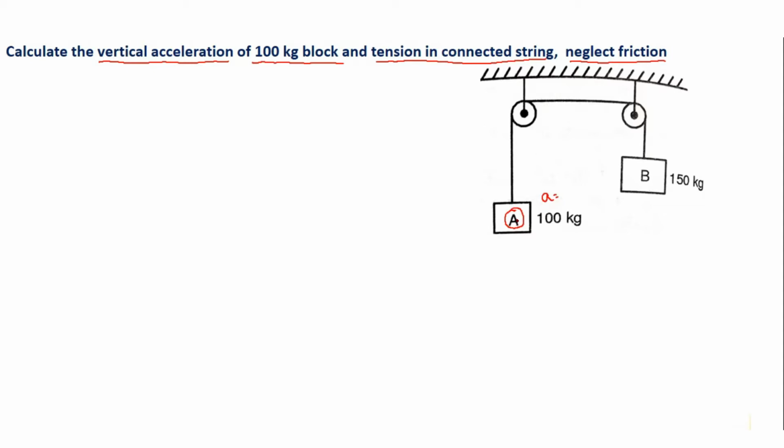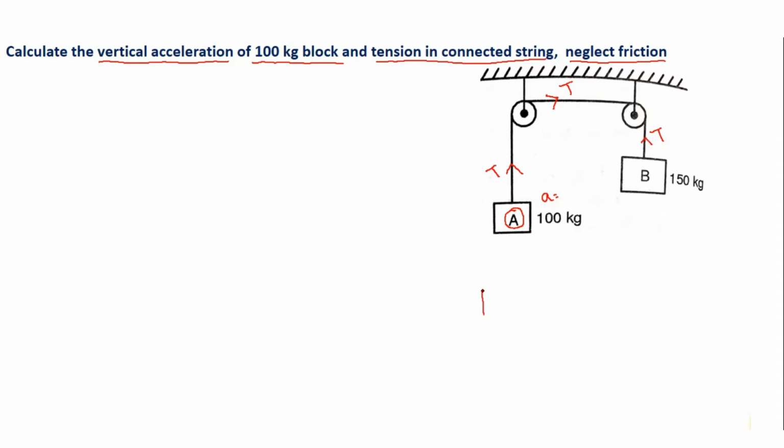So before starting the solution, let us assume some tensions. If this is a string, let me assume the tension in this particular string is T. As the string is passing over this pulley, which is smooth, the tension on this side of the string will also be T. Now moving forward, this string is passing over this smooth pulley, hence the tension here also will be T. Now the first step in any problem of kinetics of particles 1 is starting with the free body diagram. So let us start with the free body diagram of A.